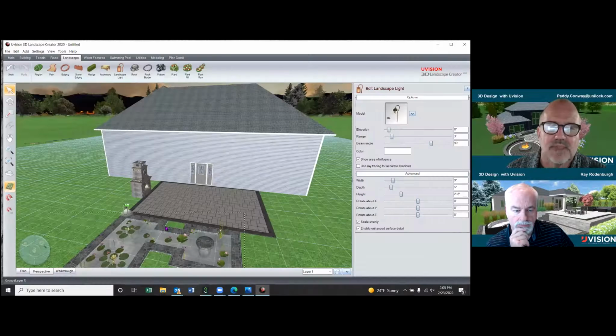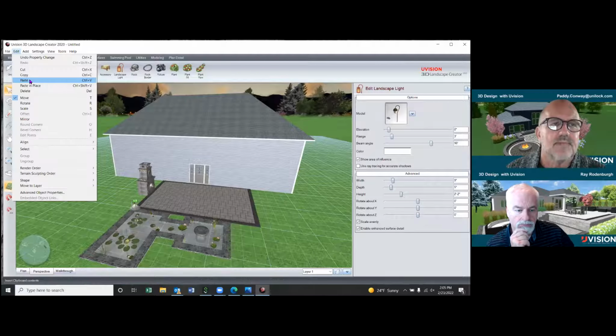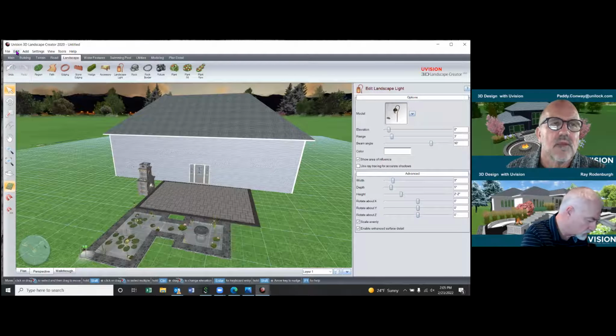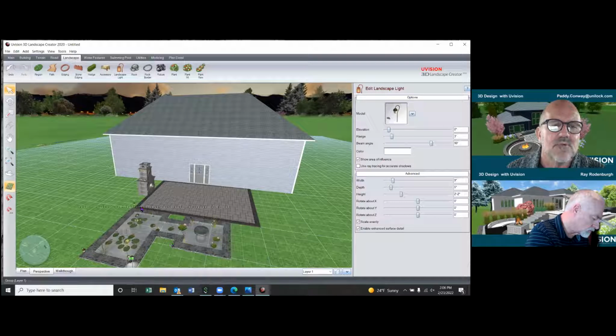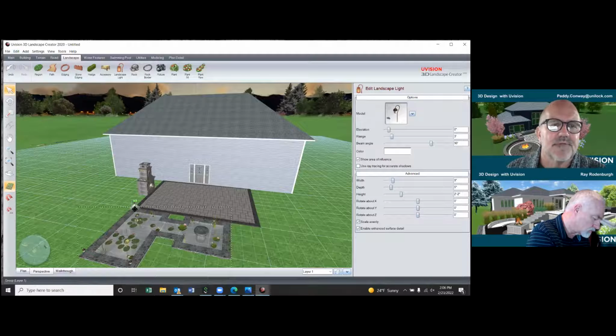I'll give you a heads up on that. But let's say if I like this one, edit, copy, edit, paste in place. Edit, paste in place. I'm actually going to put one over here. Edit, paste them. I won't go around the whole patio, but